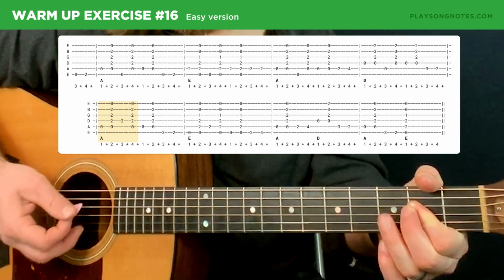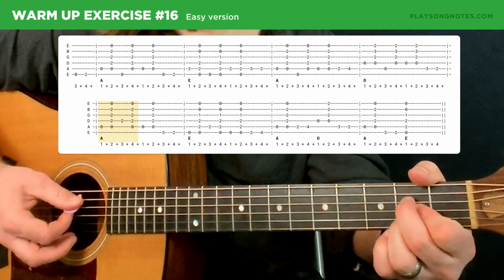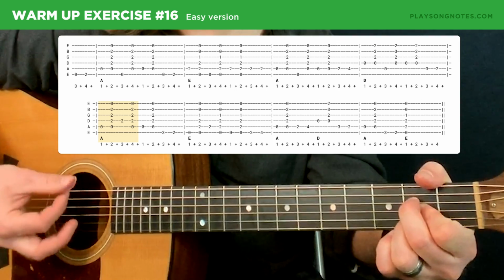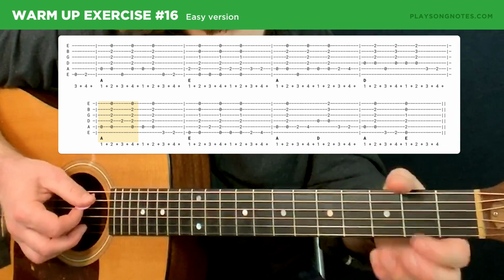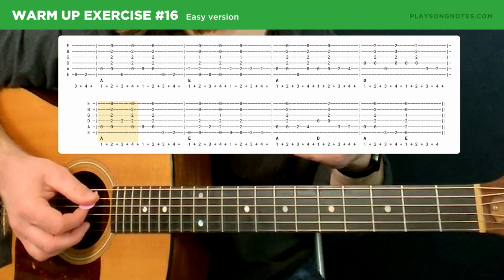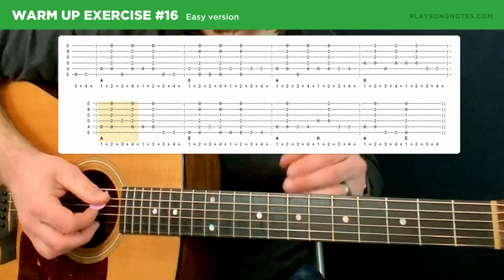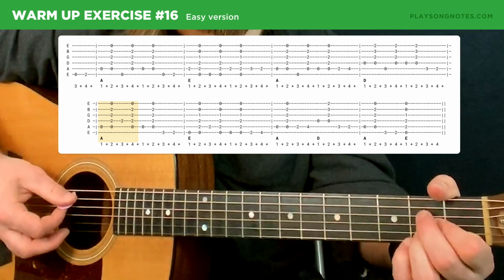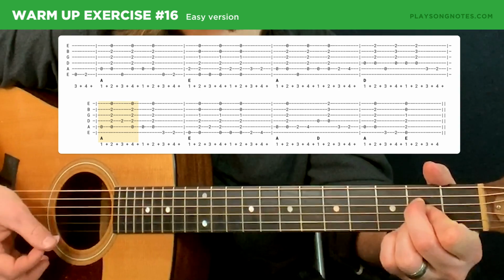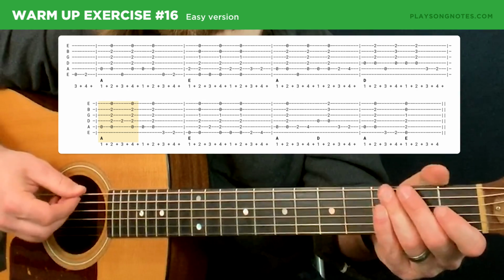Now, in this little segment here in the 2nd line with the A, I'm actually going to do the alternating bass note from the 5th string to the 4th string. Okay, same idea as 5th to 6th string. We're just going to the 1 string thinner instead, right? And it's a thing about walking up and walking down with these bass notes when you're strumming: you can alternate between the 5th and the 4th, or the 5th and the 6th, right? Or maybe, you know, there's no real limit. You can be free with it, right? Again, I'm not following the tab there, but that's a great thing to practice if you want to have something to work on. But then we're just going to walk back down to the E,